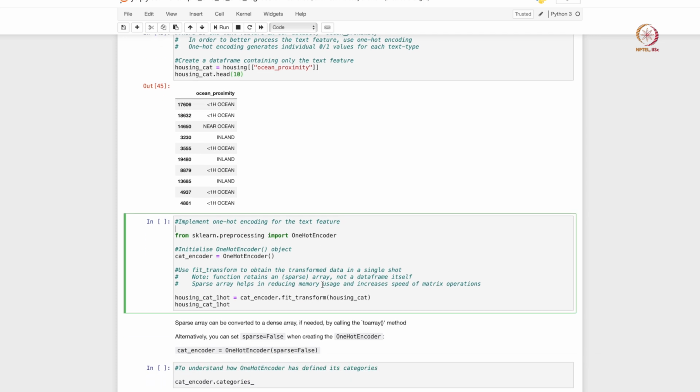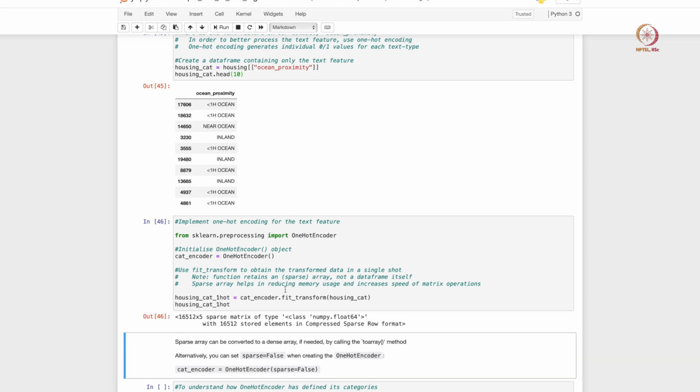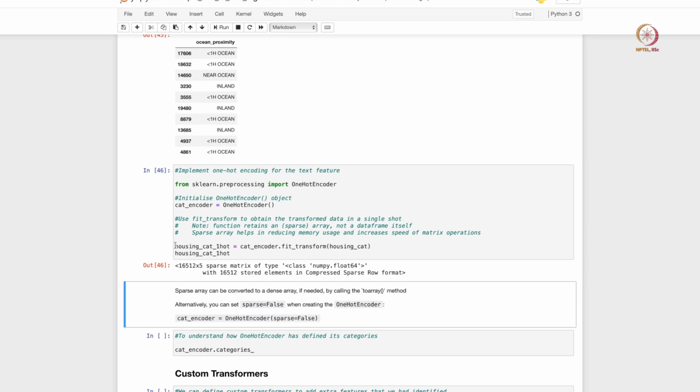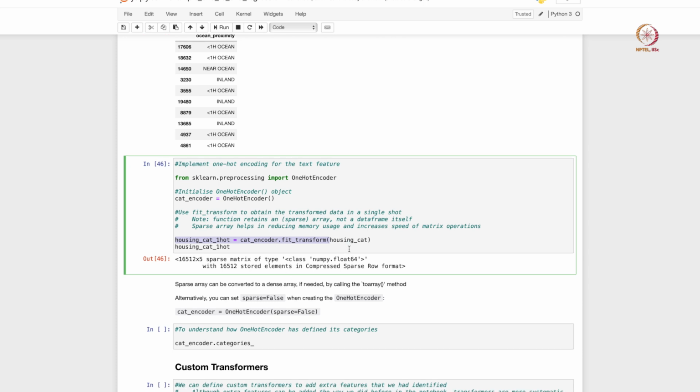For doing one hot encoding, there is once again a standard class available in scikit-learn called OneHotEncoder. So let us create an instance of the one hot encoder, and once we have created it, we can use the fit transform function here to both fit our data. So we have 5 different text types, right. The fit function identifies these 5 types, and the transform function changes this one column of text data into 5 columns of one hot encoded data. So you have ones and zeros depending on whichever text value was assigned for that specific data point. The fit transform function does it in one step.